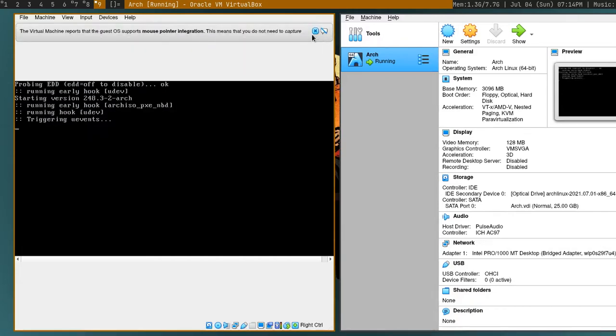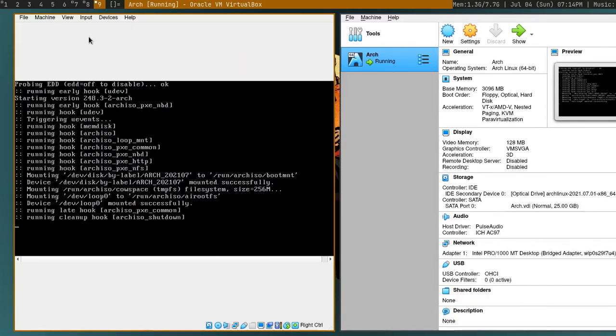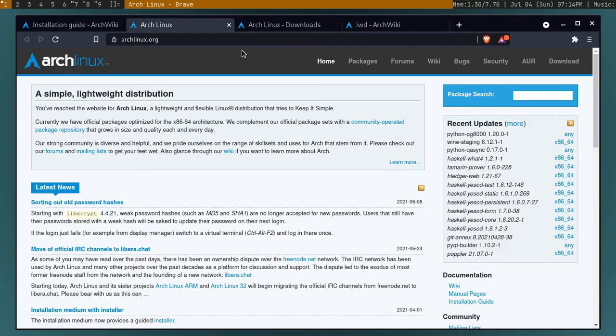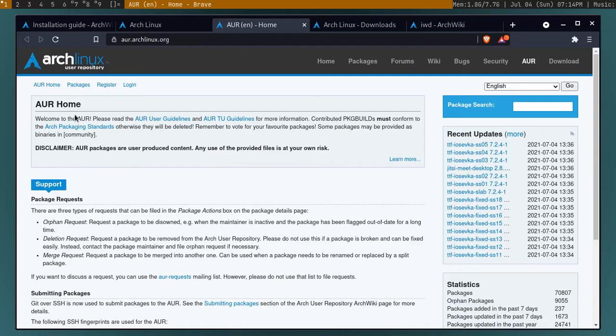Let's wait. Till that time, you can see the Arch Linux website and explore it. The main reason people use Arch Linux is for the AUR. If you go in there, as you can see, AUR, this is the Arch User Repository.